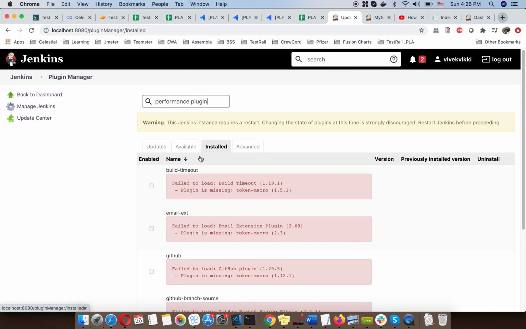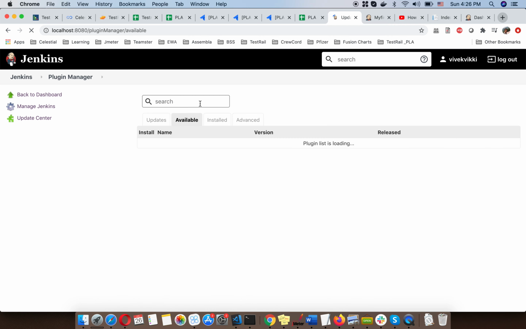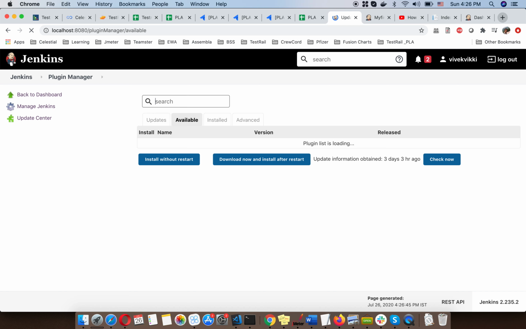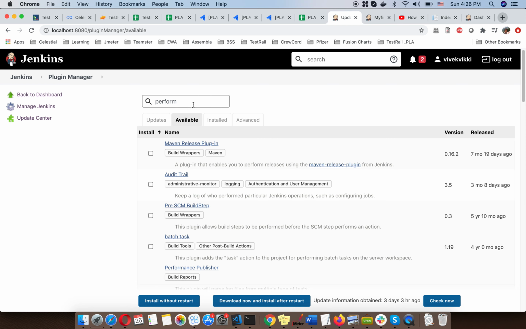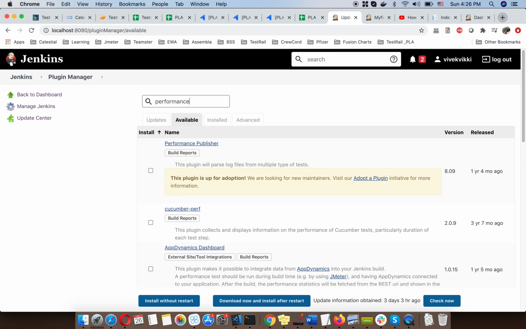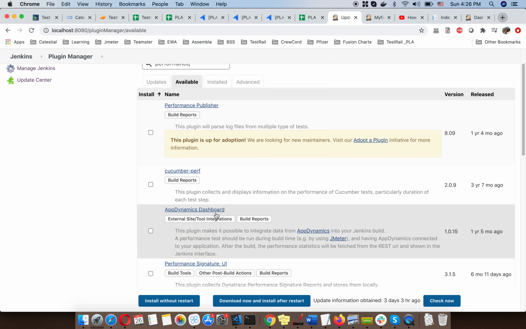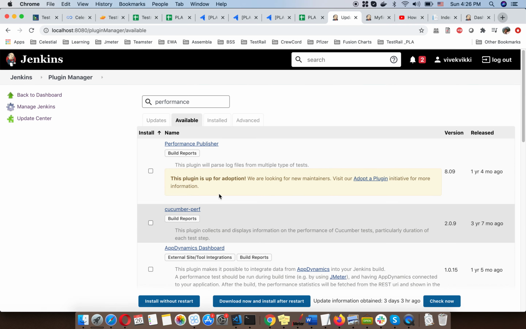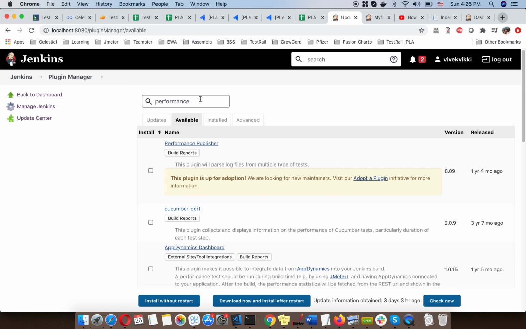So what you will do, just go to the available tab, search performance, just type here performance. Then you will be able to see one of the plugins for JMeter. So what you can do, you just install it.